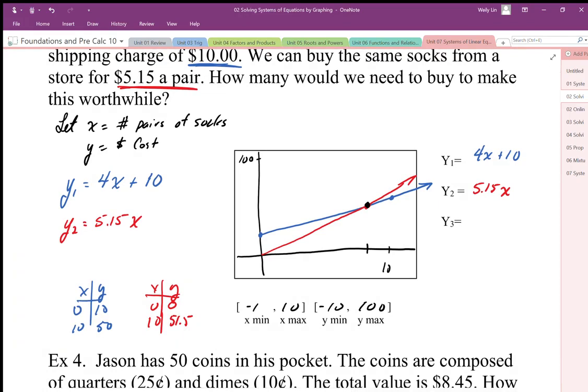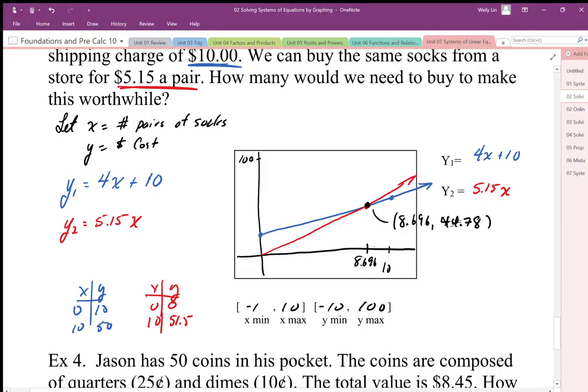Okay, my graphing tool, I'm going to plug in 4x plus 10 and 5.15x. Okay, and I need to scale my graph a little bit, but my graph is going to intersect. Where they intersect is going to be at x equals 8.696, and y equals $44.78. So this is not really a nice intersection point, but I do know that I can't